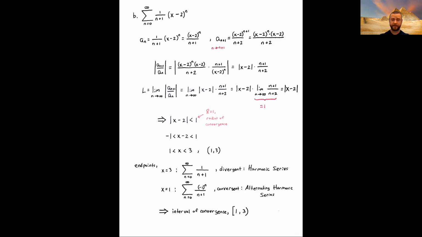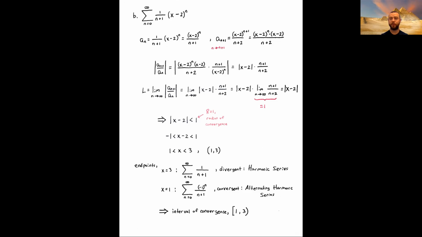All right, if we take a look at the limit as n goes to infinity of the absolute value of that ratio, we only need to look at the part that contains n. N is approaching infinity, n is changing, incrementing one value at a time. Even though x represents a variable, x is not changing for this limit calculation. So, you might recall from your first calculus course, you can bring constants out in front of limits. So we can pull the absolute value of x minus 2 out front as a factor